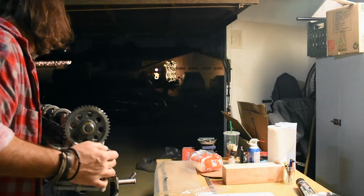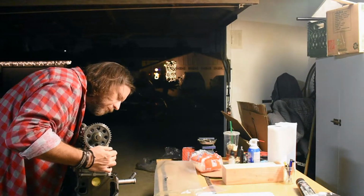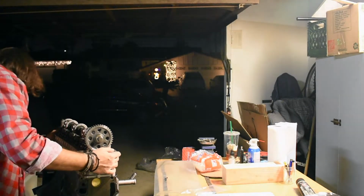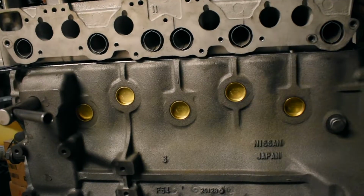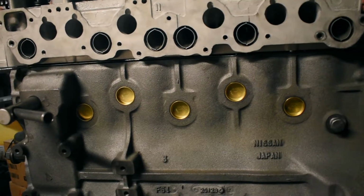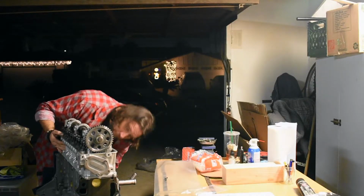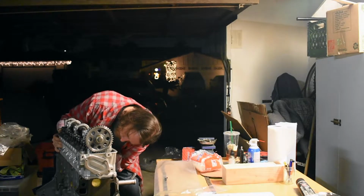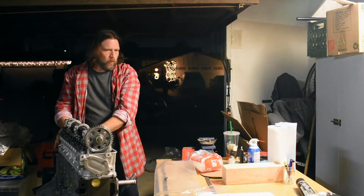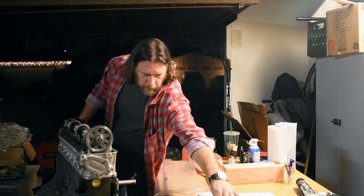The head should also be at top dead center. And you should set it on the alignment dowels. I'm off. Oh, I'm way off. Way off. So,